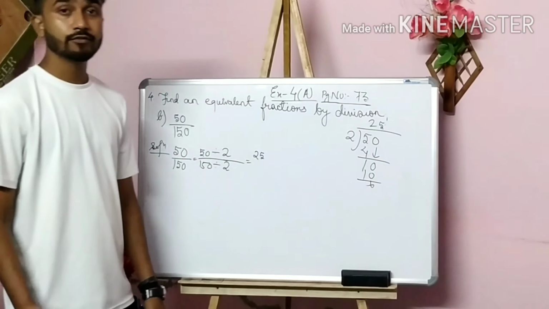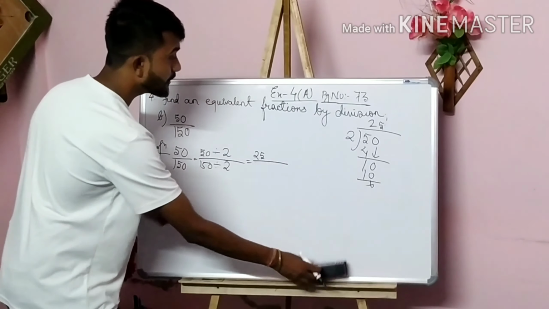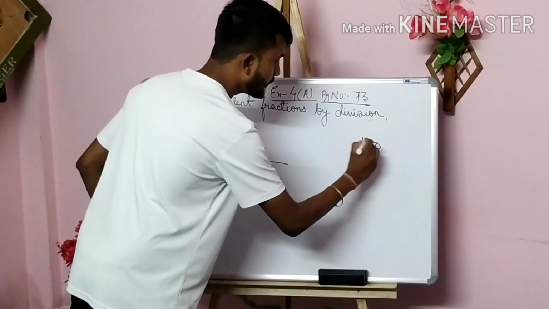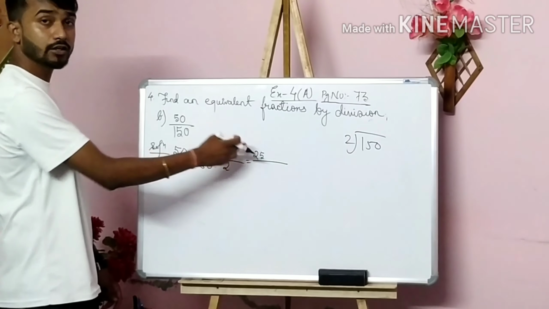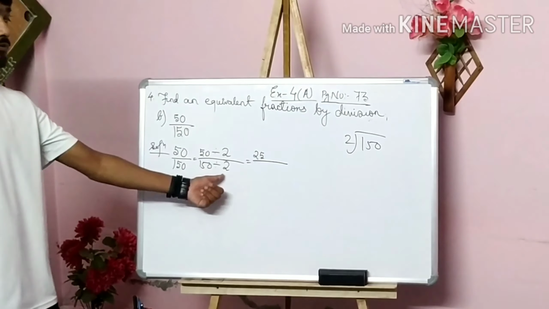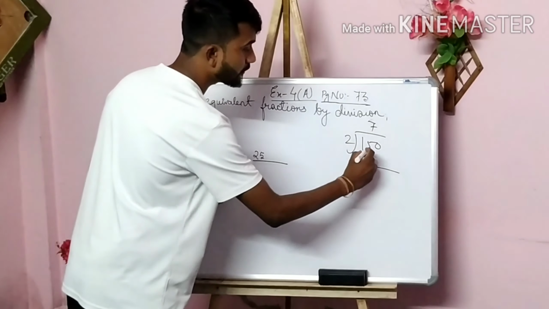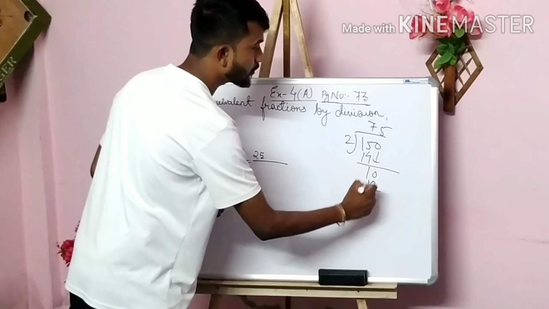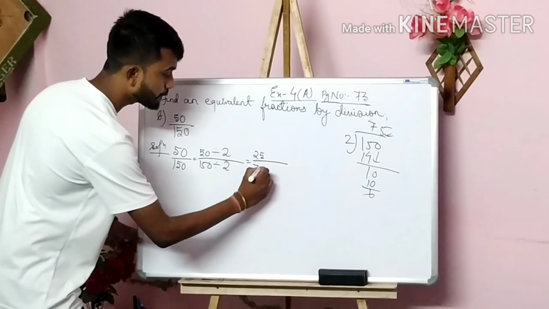So again I am going to write the lower part here. 150 divided by 2. Again 150 will be divided by 2 because we have divided 50 by 2 and got 25. For the same value, we have to divide 150 by 2. So divide it. 2 7s are 14. 5 minus 4 is 1. This 0 will come down here. And 2 5s are 10. So what value have I got here? We have got 75 as the answer. So we will write 75 here.